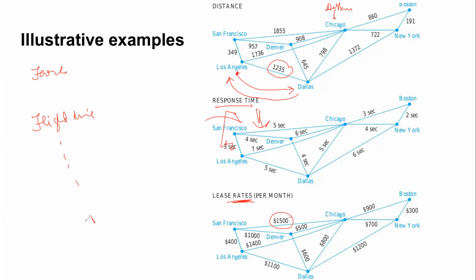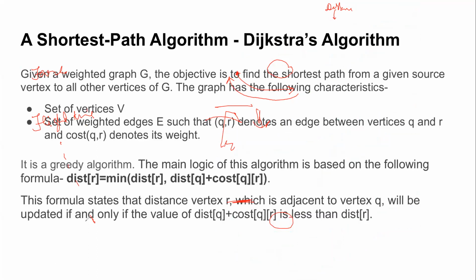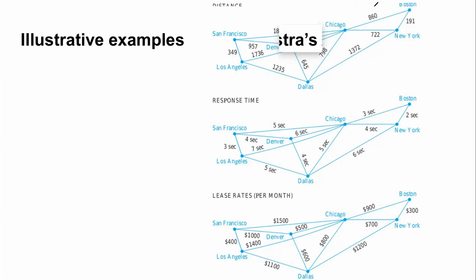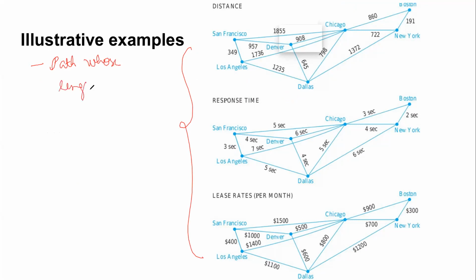So in all these graphs, you always come up with questions like, what is the least fare? What is the least response time? Such that efficiency is achieved. And all this actually boils down to a problem called the shortest path problem. If you ignore all the application scenarios, when you want to find the shortest path or the least weight path, it means a path whose path length is as minimum as possible. So all these graphs, when you try to answer their respective questions, ultimately you want to find a path whose length is the minimum.